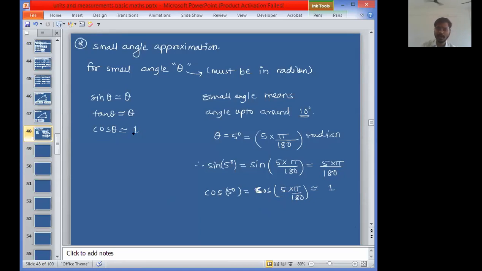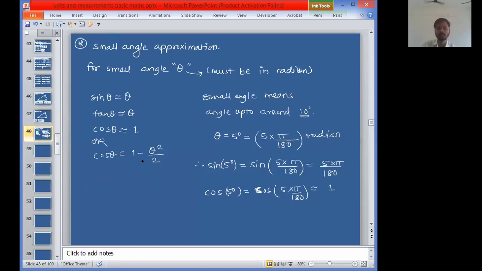Cos theta, if you want the accurate answer, you know this angle is not exactly 0. So this value will not be equal to 1. So we have written there approximately. If you want to improve the accuracy, you can write this cos theta as 1 minus theta square upon 2. 1 as it is, some additional term also. We have neglected this term because this angle theta is very, very small. So you can take it as 0. So 0 square upon 2 we have neglected, and we have written only 1.